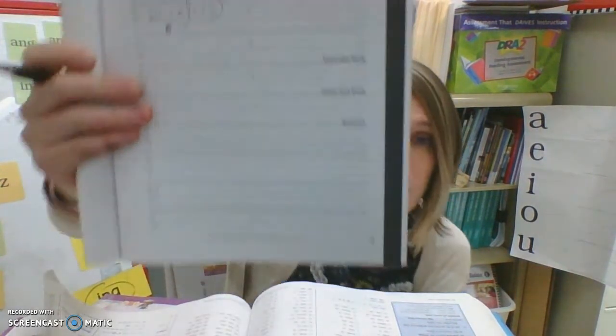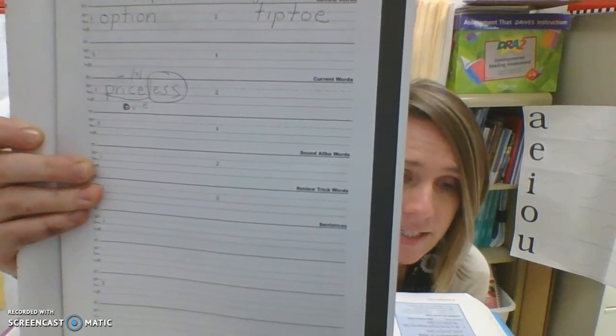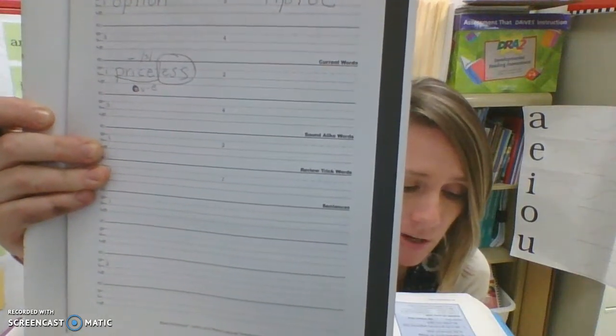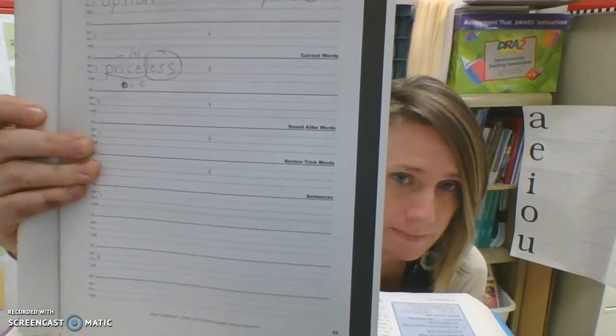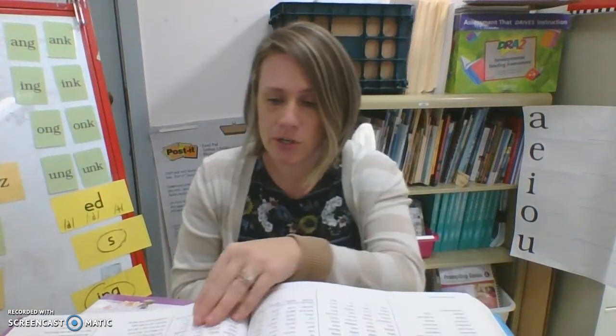All right, check it out. Price is vowel consonant E, and the C sounds like an S, and the I gets a macron over it. Priceless. All right, the next current word,